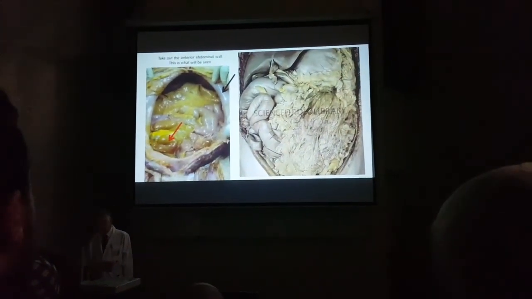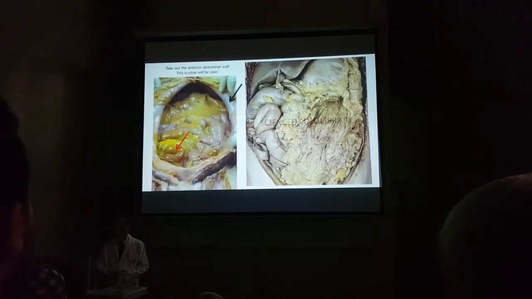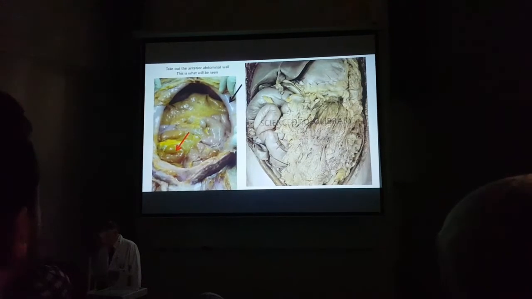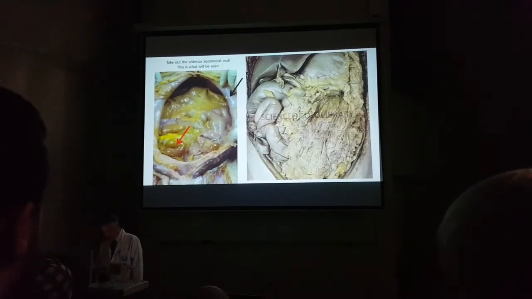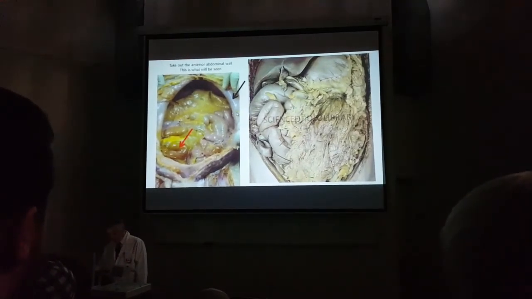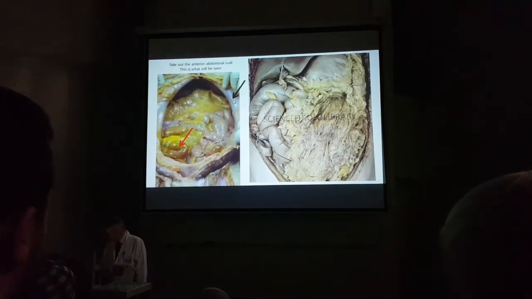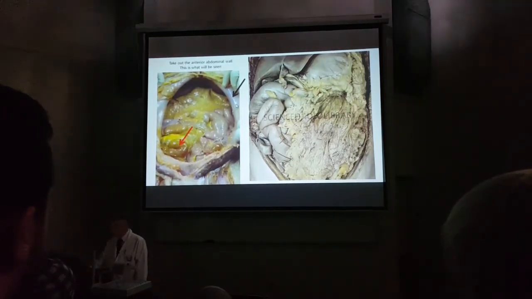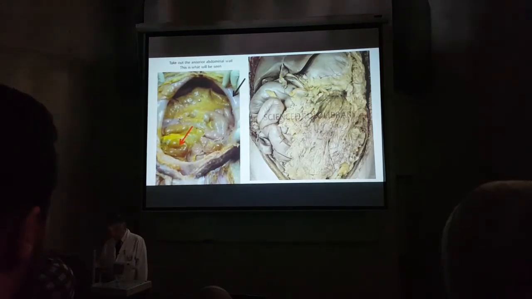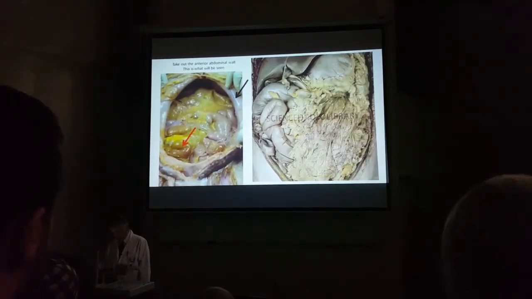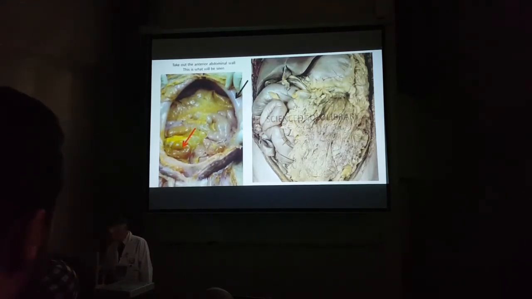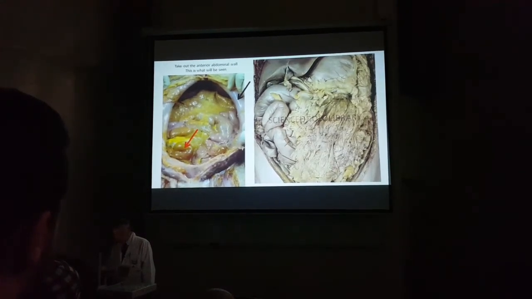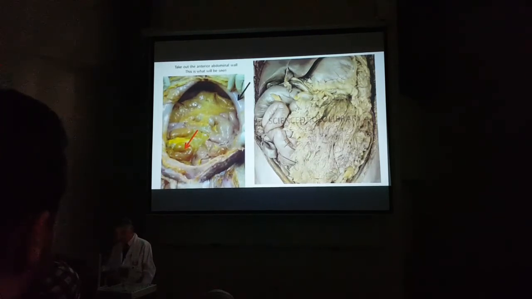Now, we open the anterior abdominal wall. In a living person, we can see that the abdominal wall is shining. This is the lining of the peritoneum. And we can see that even different organs, and the abdomen is crowded with organs. We can see these different organs also shining, reflecting light, because everything is covered by peritoneum.